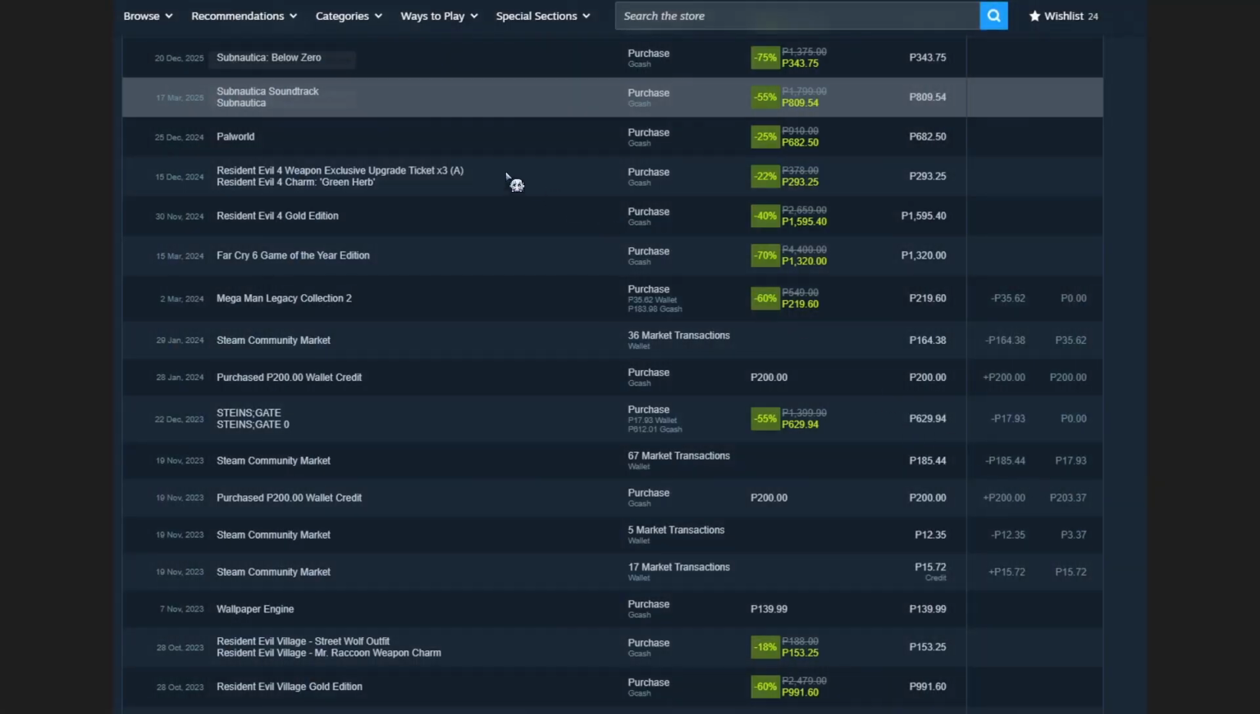So you can scroll down and see the games, any soundtracks, DLCs. It will also show the discount price versus the full price. And there you go. That's how you can easily get this